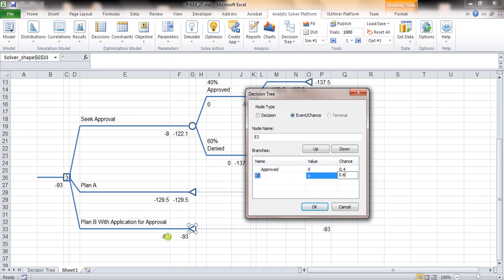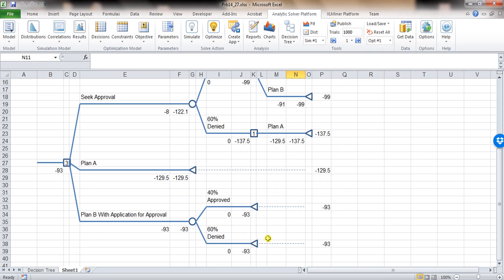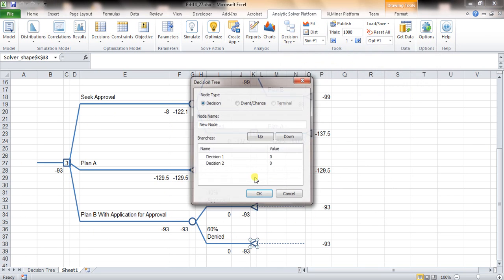Now remember, we have added the cost of approval over here. Now we could have added it over here. If we haven't added minus 85 minus 8, that 8 we could have added it over here, but because we already added it over here, we are leaving it over here as 0. So once it is denied, we really don't have a choice but to stick with one particular decision, and that is